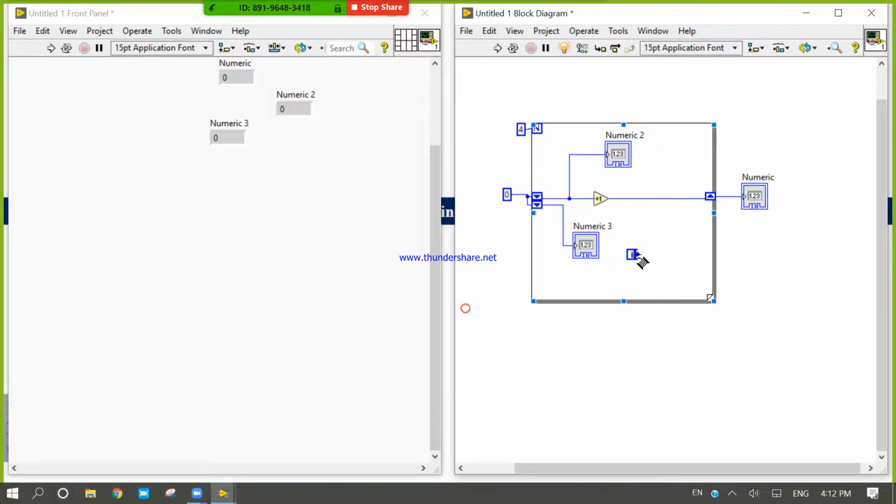Okay, now first I am going to explain. After that we'll see whether what I am explaining to you is right or wrong. When I run it, it will take 0 and 0. After that, when it is plus 1, it will take plus 1, but it will read 0 again.